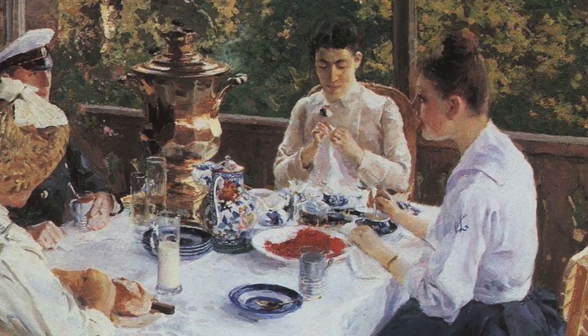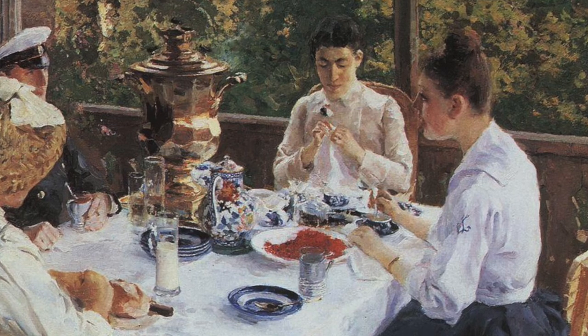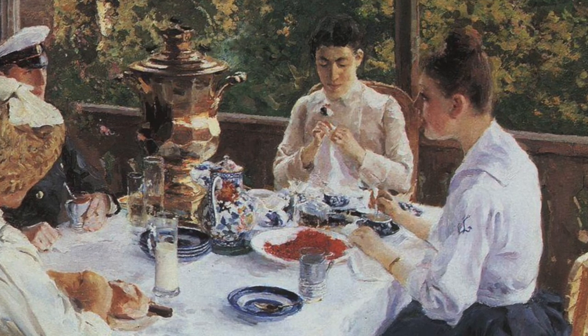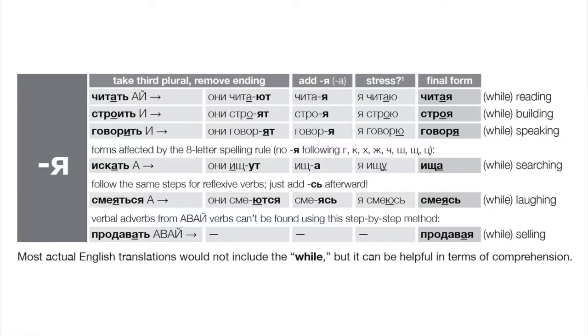Okay, how do we form imperfectives? So again, these are the imperfectives. Of course, we would only form these from imperfective verbs like читать, строить. As we'll see with most of these deverbals, they're pretty easy to form. We just have to watch out for a couple of little weird exceptions. Let's take the third plural and get rid of the ending. Читают, строят, говорят. We drop the ют, ят, ят. We drop that ending and we add я. Okay, so pretty easy.